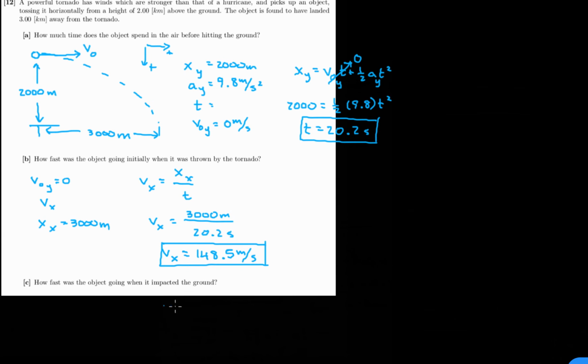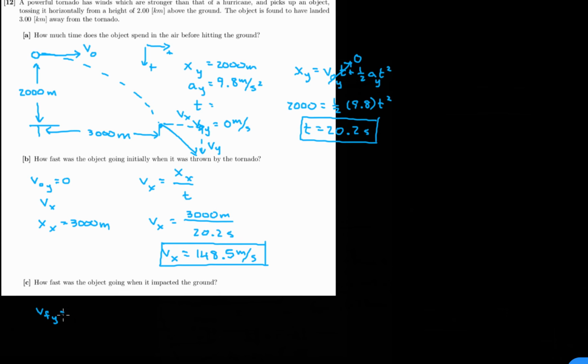And then how fast was it going when it impacted the ground? I know it keeps this x velocity the whole time, but I need to figure out what the y velocity is when it hits the ground. When it hits the ground, it hits like this. I have to figure out the two components, the Vx component and the Vy component, and vectorially add those two together to figure out the magnitude. So to figure out the final y velocity,